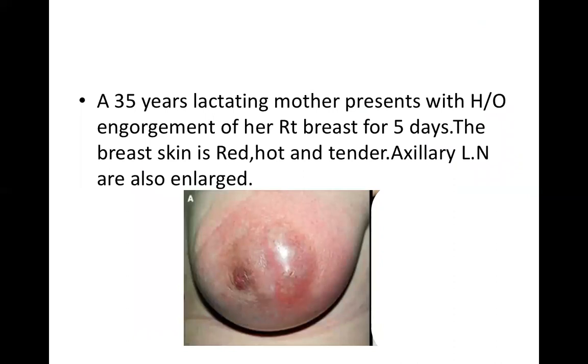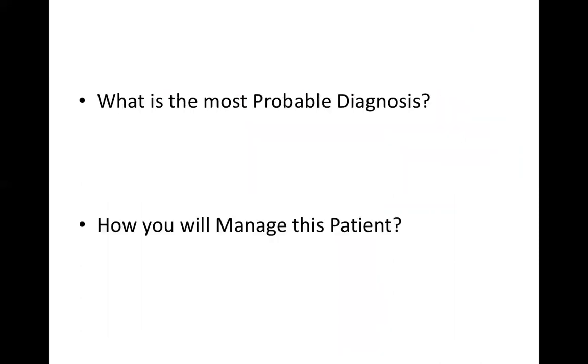Let's take another scenario. A 35-year-old lactating mother presents with history of engorgement of her right breast for 5 days. The breast skin is red, hot, and tender. Axillary lymph nodes are also enlarged. Your diagnosis will be